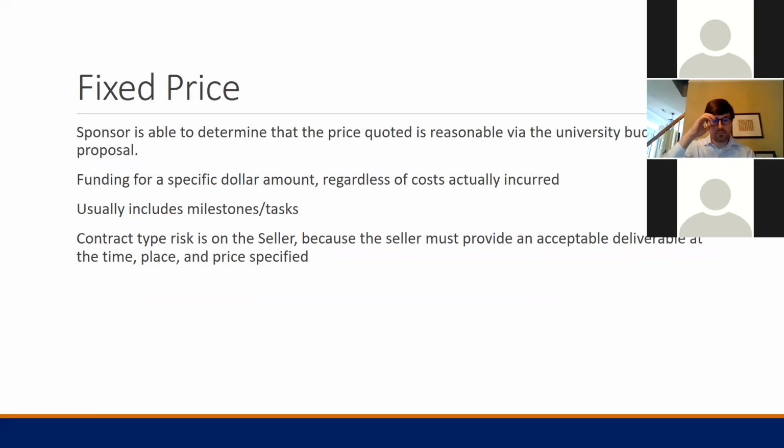Contrast that with a fixed price contract, and the project risk just swings to the other end of the spectrum, and all of the project risk is on the university to perform and deliver a specific milestones, tasks, deliverables, whatever it may be that's spelled out in the contract. And so, from a university perspective, a fixed price contract is much more risky to the university, because